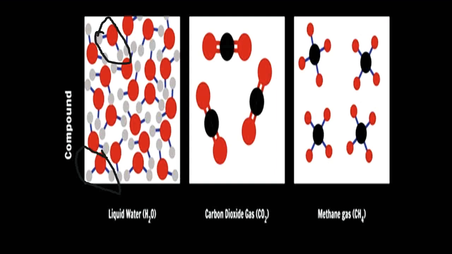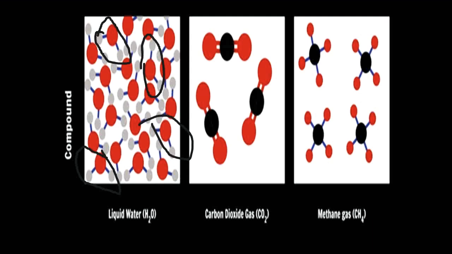This entity is called a compound, and as all the molecules are of the compound H2O, this is a pure substance. You can see the various H2O, H2O, H2O. There are different molecules. This is also an H2O molecule. This is also an H2O molecule. You can see the various H2O molecules. But what you are seeing here are only H2O molecules, not any other molecule. So this is a pure substance.